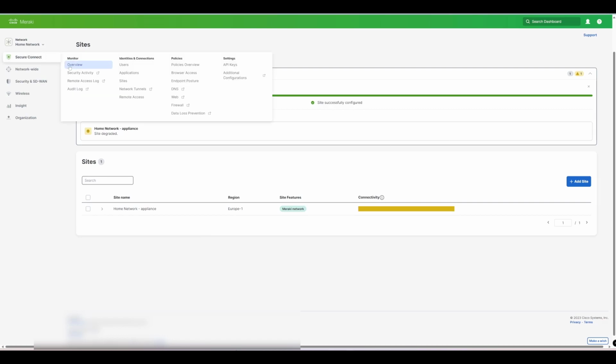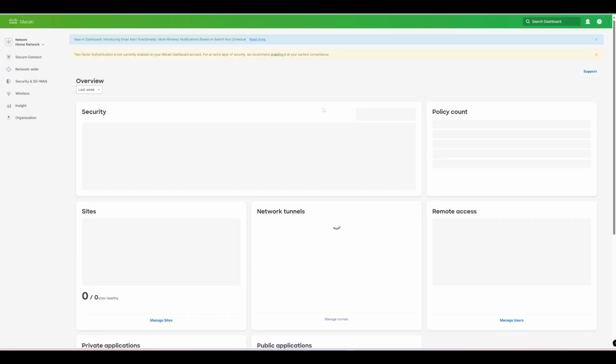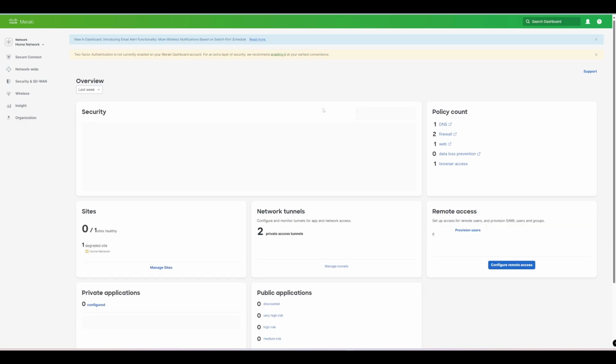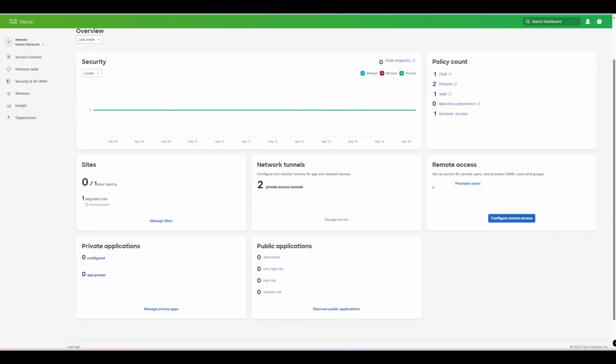So if we just go back to our overview here, we can see now that we have our site. So we've got one site here. At the moment, it's saying that the site's not healthy, but that's fine. Again, it should change shortly. We can also manage those sites if we choose to do so. We can see now that we have two private access tunnels. So if we have a look at these,